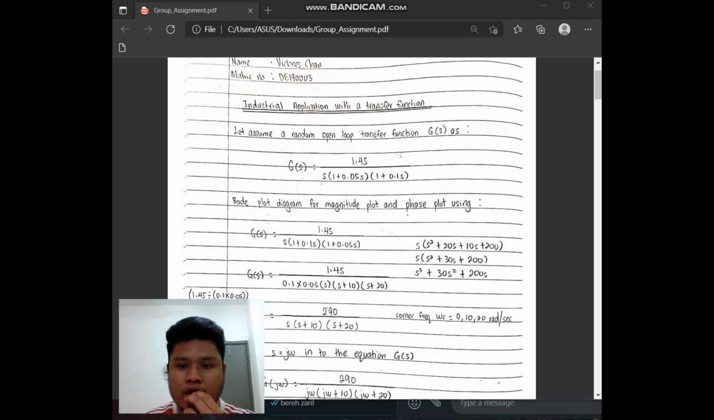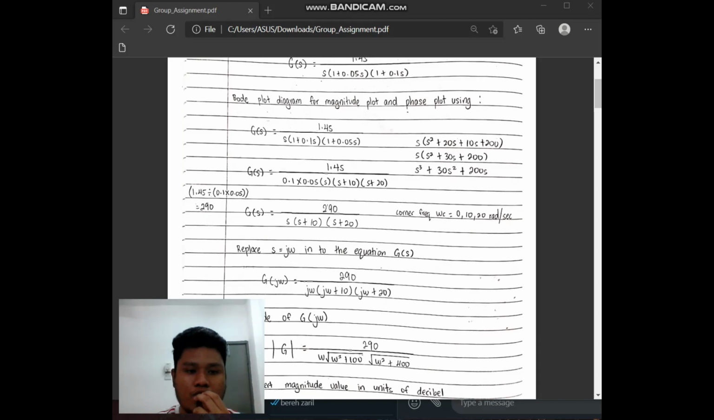So for today, I would like to present our manual calculation to sketch the corresponding magnitude and phase asymptote. What we need to do first of all is assume a random transfer function G(s). So our G(s) is 1.45 over s(1 + 0.05s)(1 + 0.1s). So the next step, what we need to do is